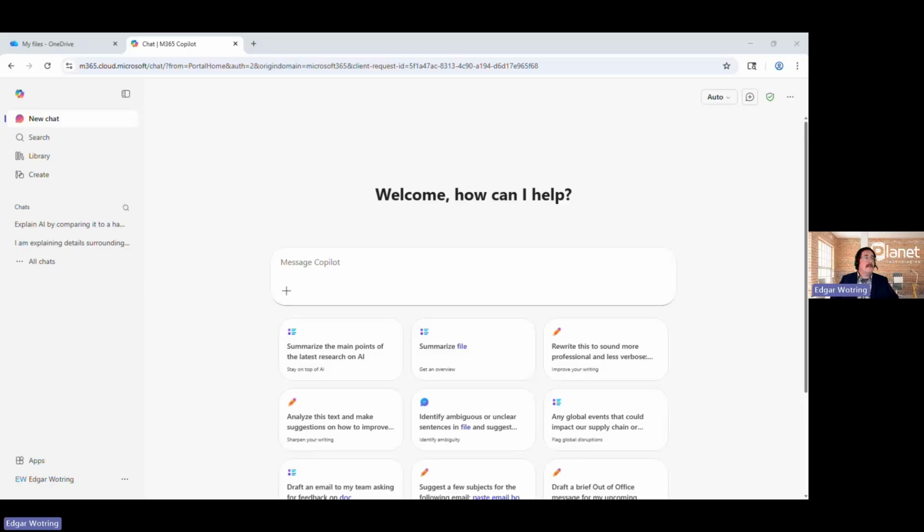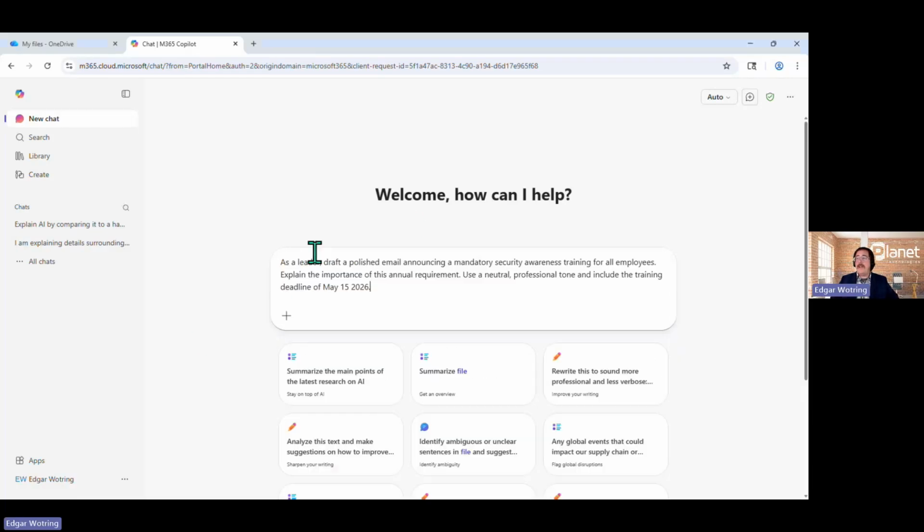Let's start with, just as an example here, we didn't note this one earlier, this zero-shot prompt. What we mean by zero-shot is we're not really providing Copilot with any sort of examples. We're not even pointing it to any body of data or referring it to any background information. We're going to use this as an example to revisit that few-shot prompt that we mentioned a few moments ago.